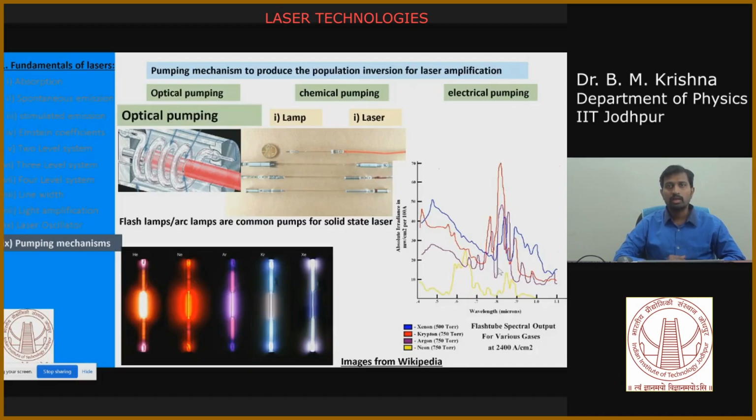When you use flash lamps you have to cool your laser system, because a lot of heat is dissipated inside the system. These flash lamps have a pulse length of 100 microseconds to a few milliseconds. So you are flashing at different time scales, each pulse having a duration of 100 microseconds to milliseconds. When you pump your laser systems with flash lamps, you automatically get a pulsed laser, depending on a suitable medium.